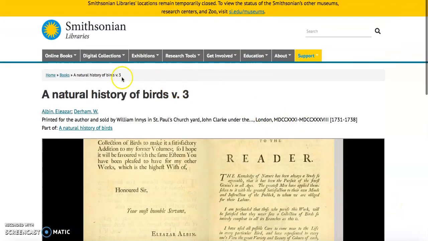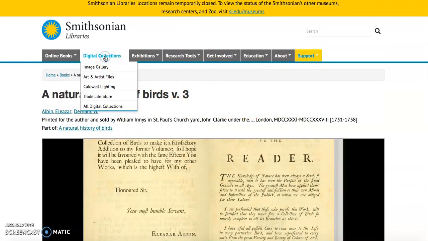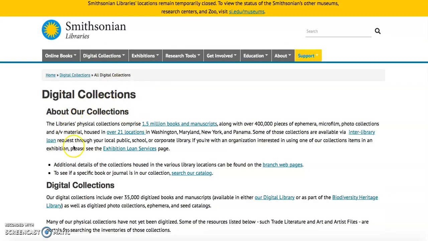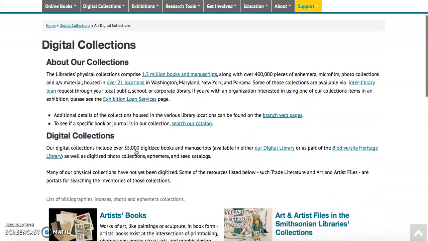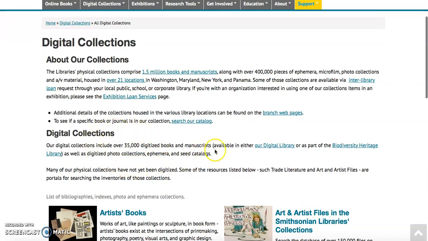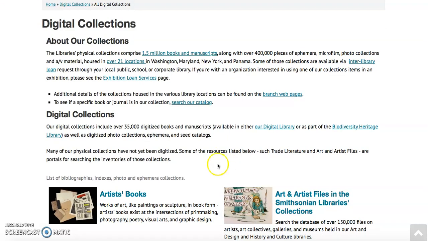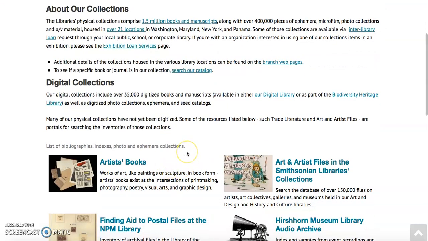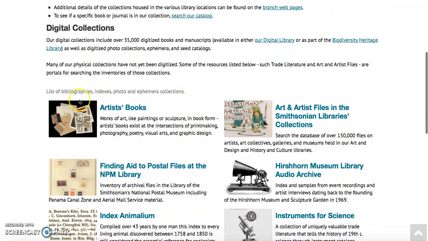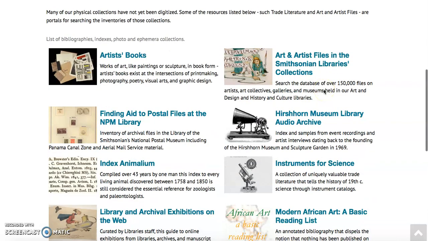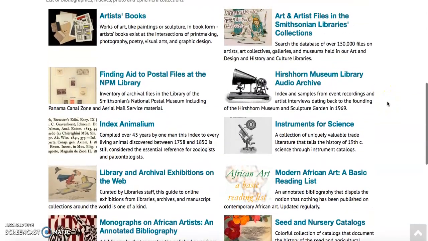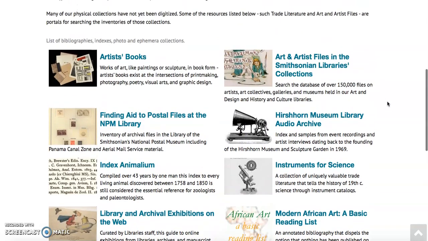And so I am going to go to the digital collection section. And it gives you more of a background on their physical collection, and then they give you some insight of how much they have digitized. Of course, it's still an ongoing process. You can access their collections through the different bibliographies, indexes, photo and ephemera collections they have. So there's not really anything that shows what they have recently added, but you can look through the different collections